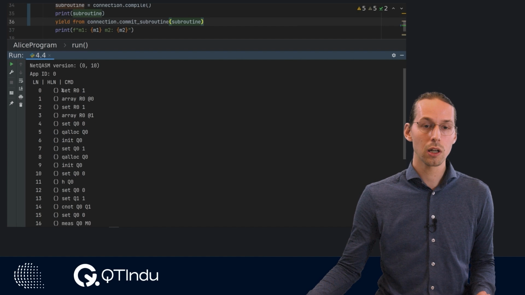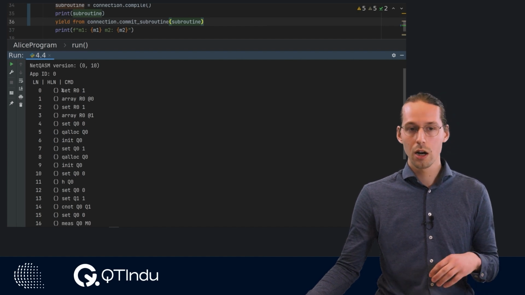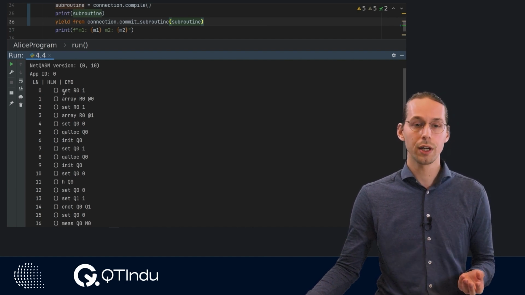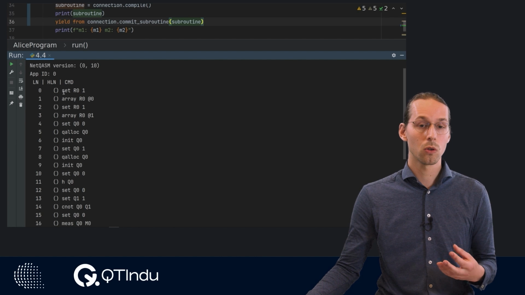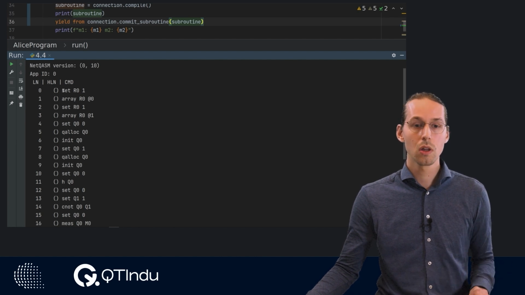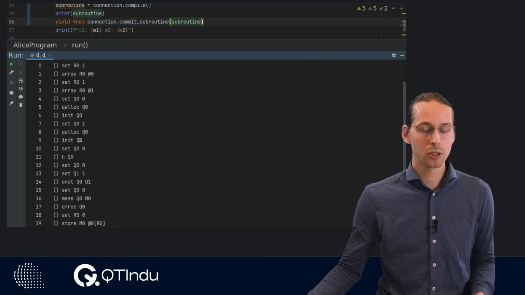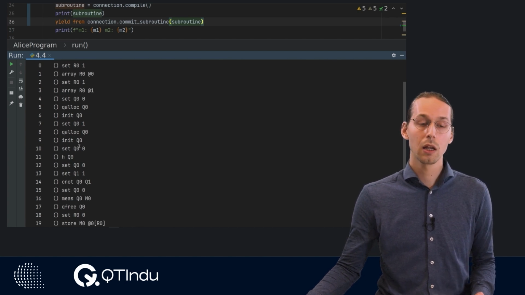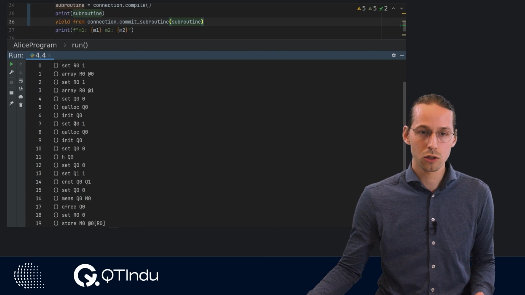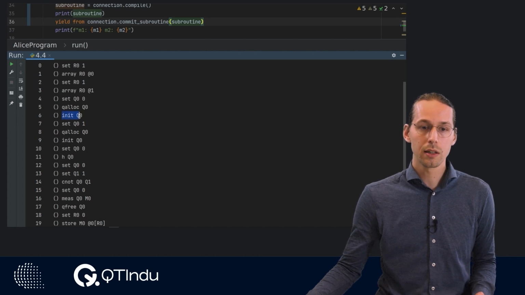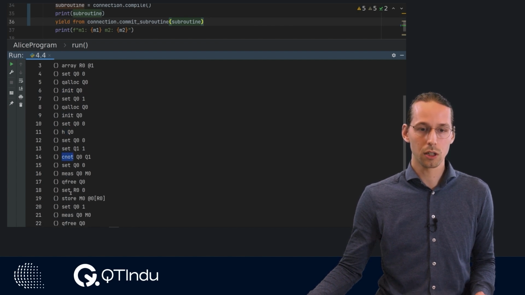Most of these will actually be commands for the classical registry inside the classical controller architecture. But there are parts of this that are specifically coupled to the routine that we've just created. So for example, we can see the qubit initialization over here. Then we see the Hadamard gate, the CNOT, and then we can also see the measurements, etc.